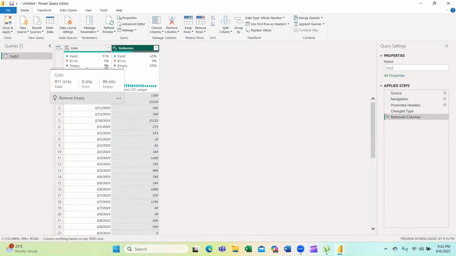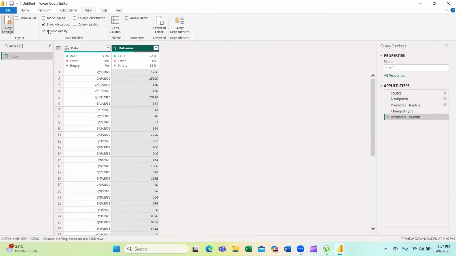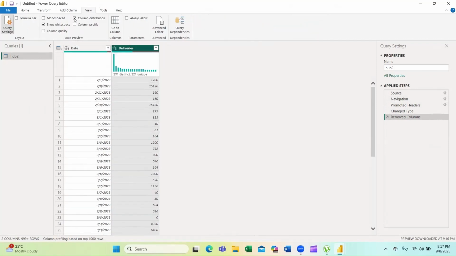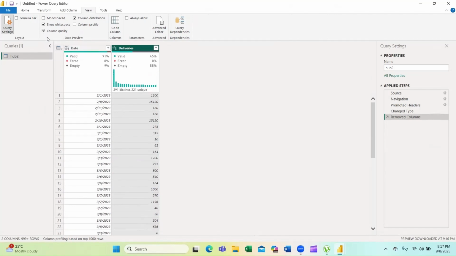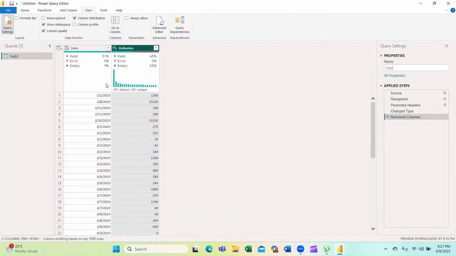In order to see these 2 dashboards, you need to go to View, check Column distribution and Column quality, and you will have the same dashboards. As you can see here, there are 0 errors.